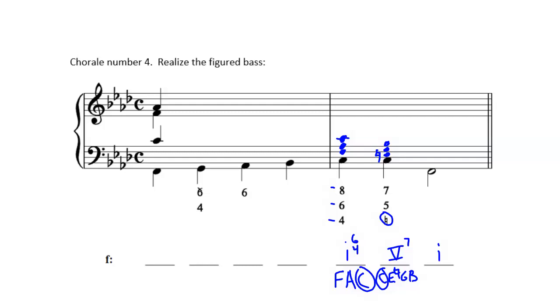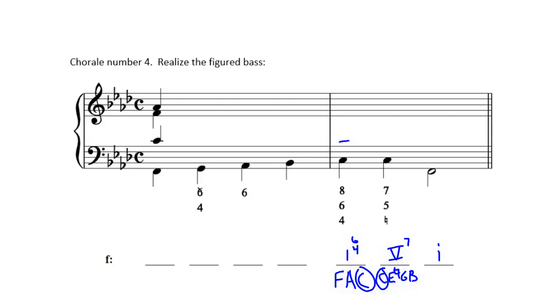Now the reason that they have that 8 on there and the 7 on there, that they have all these numbers here, is because they want whatever voice has the 8 to go to the 7, whatever voice has the 6 to go to the 5, whatever voice has the 4 to go to the 3 natural. Okay, so whatever has a C in it is going to a B, whatever has the A in it is going to the G, and whatever has the F in it is going to the E natural. So by the time you do all that voice leading, let's just pretend, and it may or may not be that way for you,